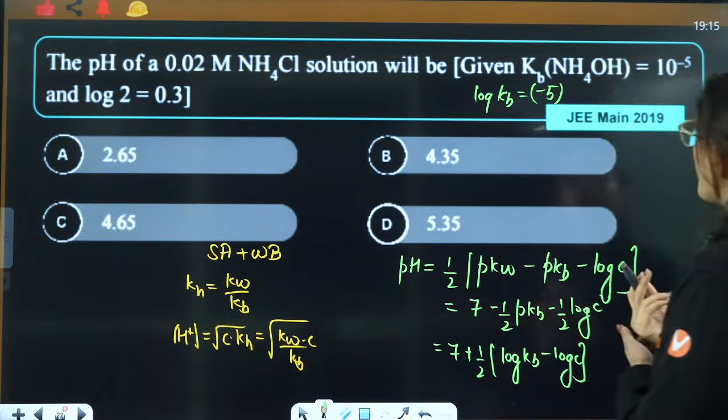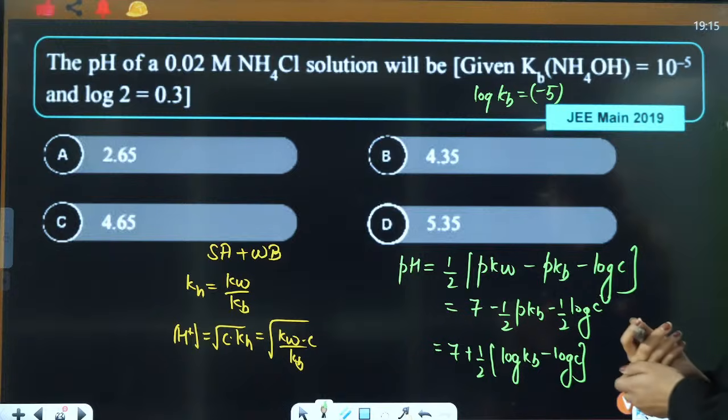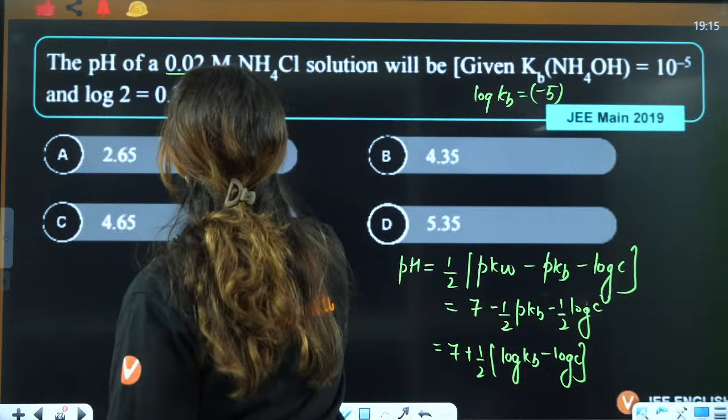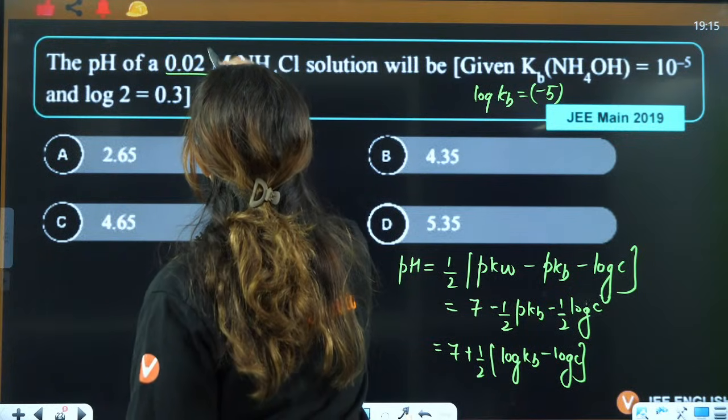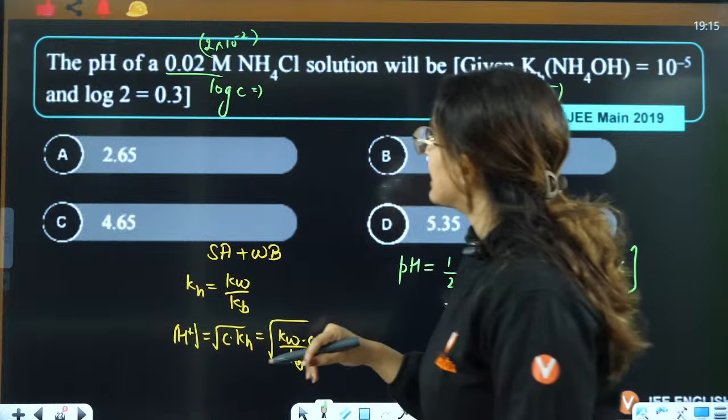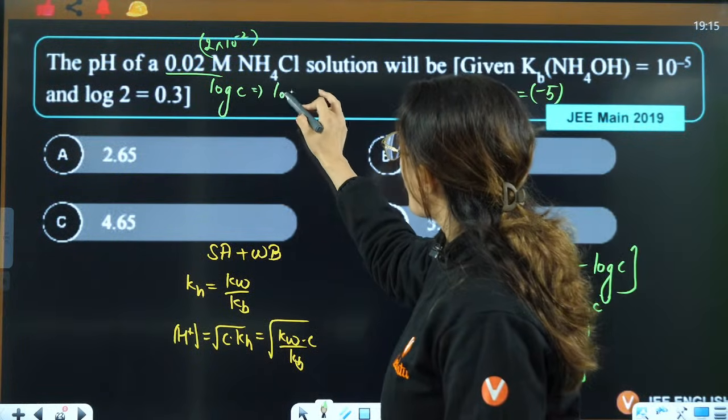Minus 5 is log of Kb. Kb is 10 raised to minus 5, so log of Kb is minus 5. What about this one? Log of C is what? This is 2 into 10 raised to minus 2. That will be log of 2